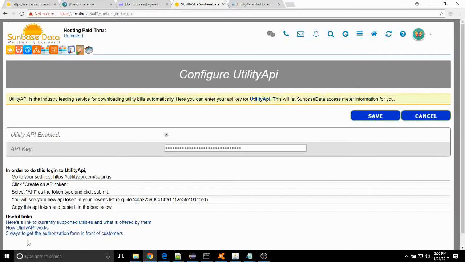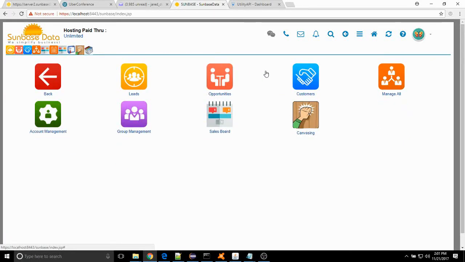So there are some helpful links at the bottom that help you show how UtilityAPI works. You can see the list of their supported utilities. Now, they are constantly adding more utilities, so even if it's not on the list, if you let them know, they probably can move it up in the queue. Okay? Now, the way UtilityAPI works is we need to authorize